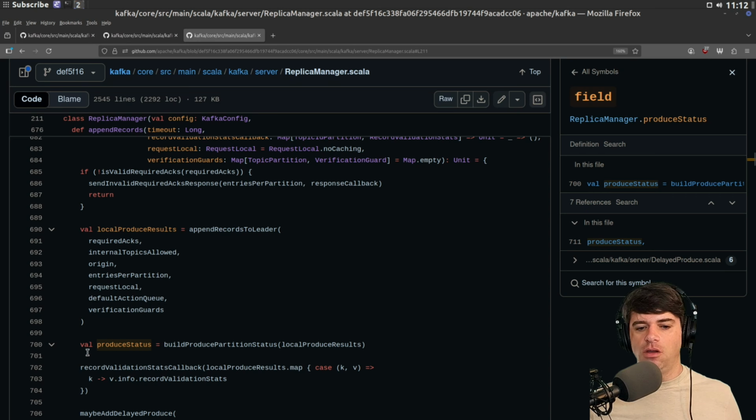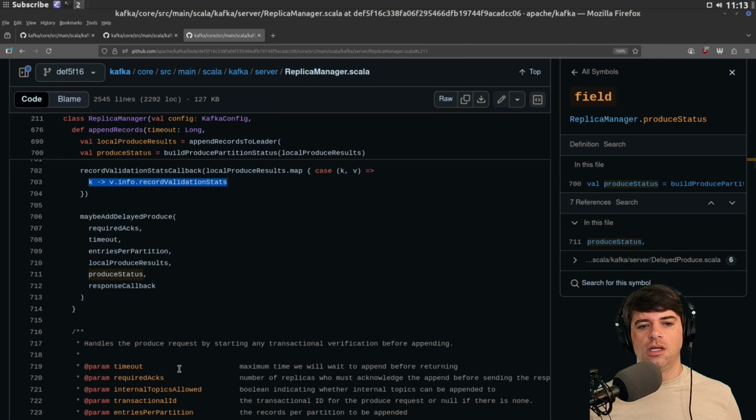And then we are going to call record validation stats callback. Passing in the local produce results, we map over the keys and values. For each key value pair, we map the key to the value's record validation stats.